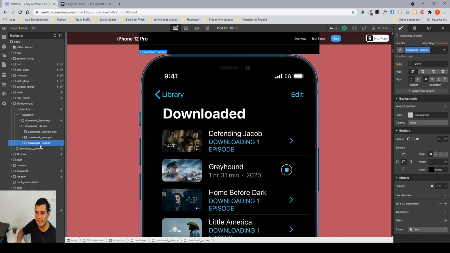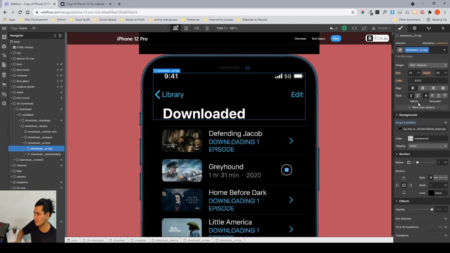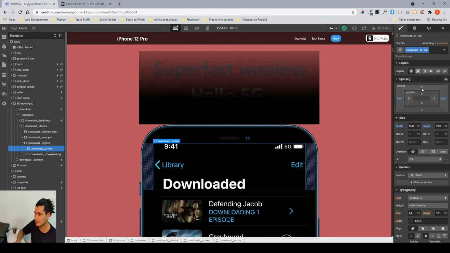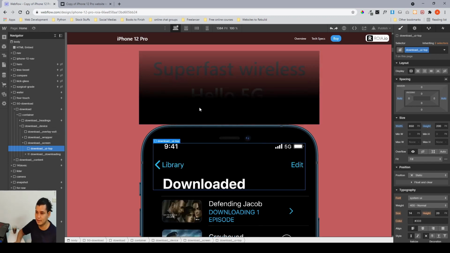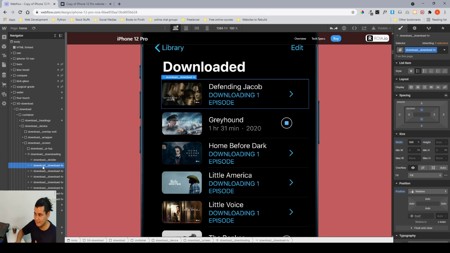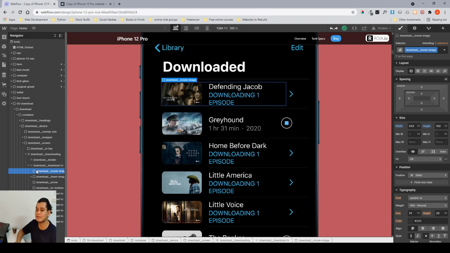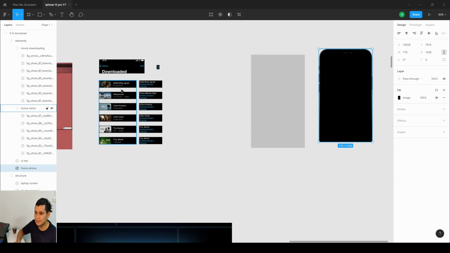Then what we have is this download screen. And this download screen, first, it has the top download UI. It's a div, and it has a background image of this one. If I show you, you see, it's that image that we saw in Figma. And after that one, we have a list, and inside the list we have a div, and that div has another div that has a background image. And which one is the background image? The background image is,